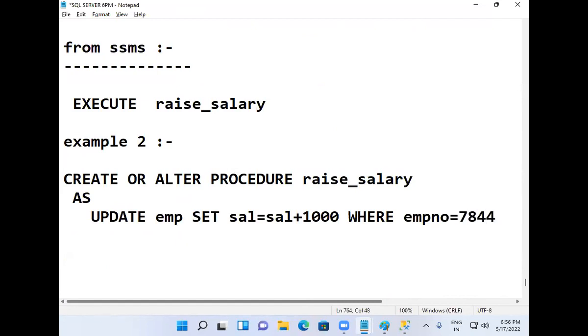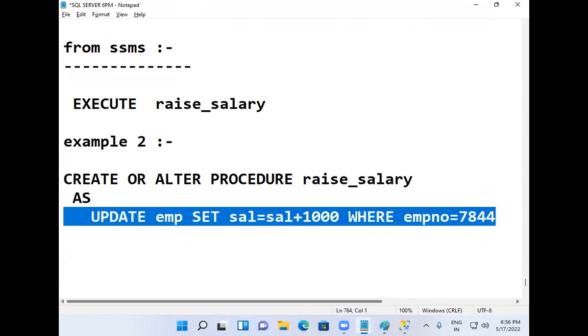73697844, whatever. Yes or no? Okay? But this procedure always increments which employee's salary? 7844. 7844 salary is incremented. But you always increment 7844 only? No. Then,